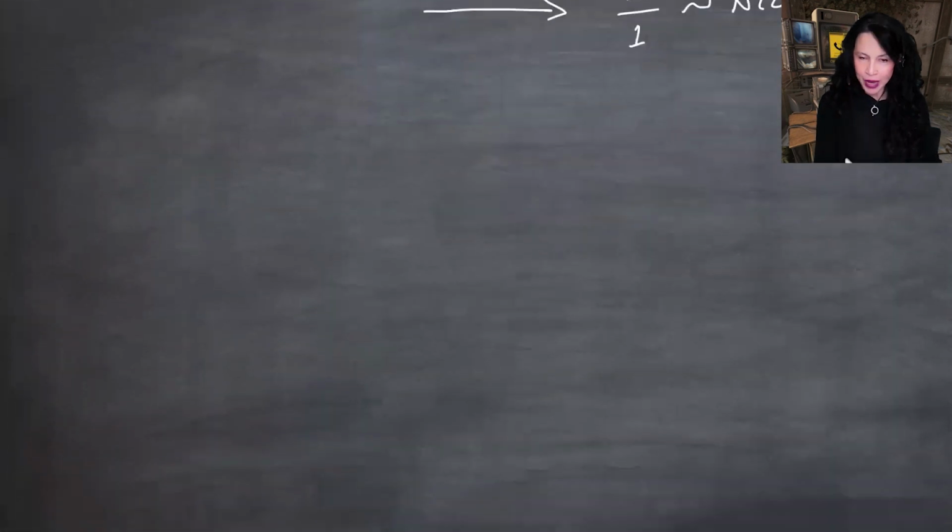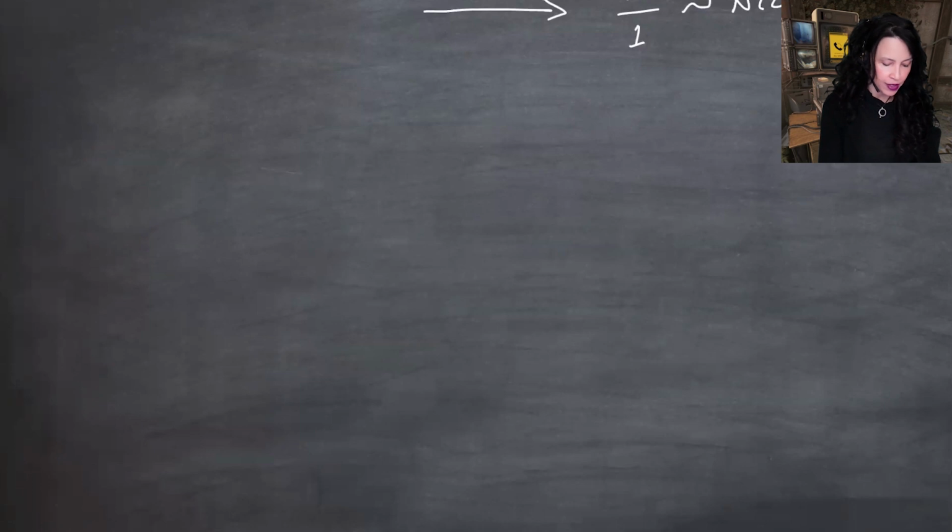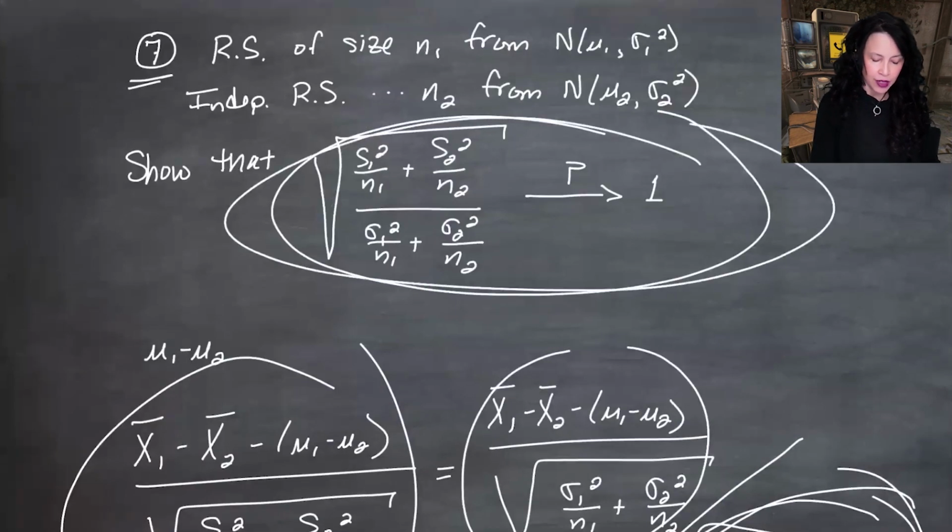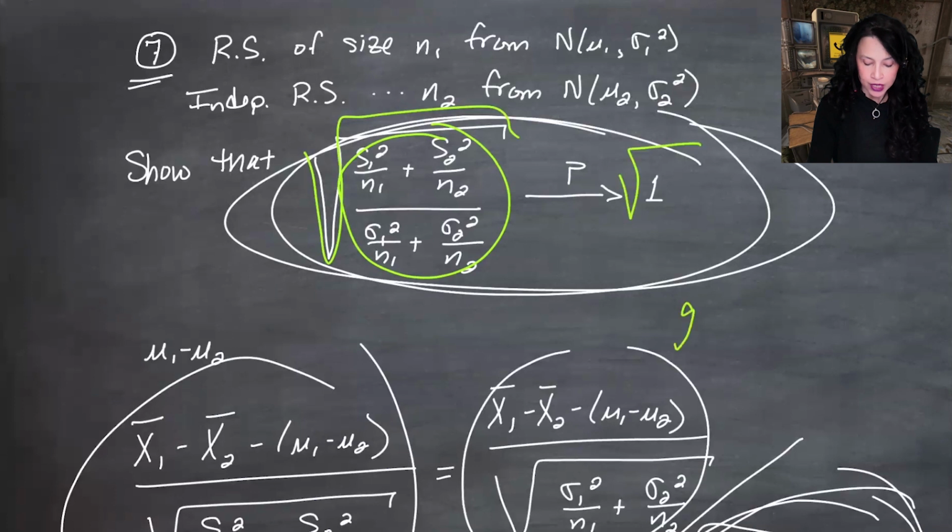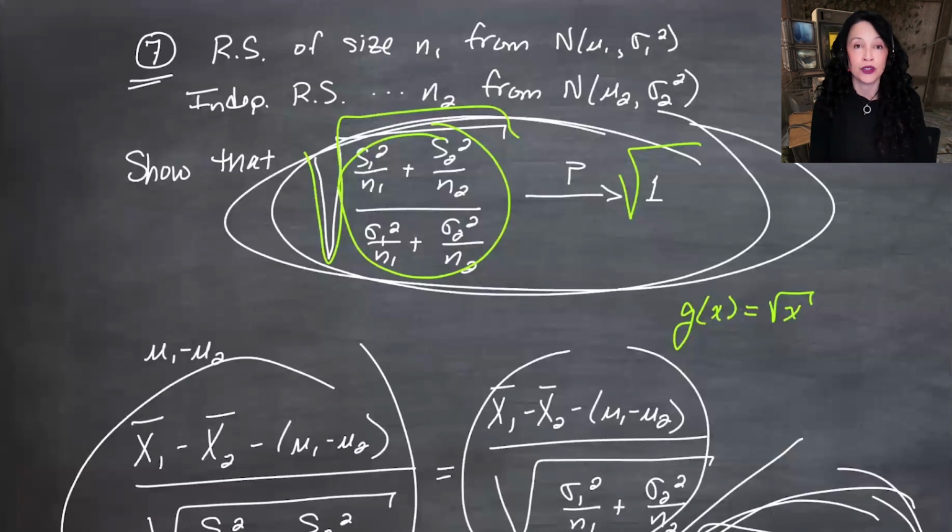I've seen some people try, first of all, let's just ignore the square root, because if we can show that the thing inside goes in probability to 1, then we can use the continuous mapping theorem to put them both in a square root, using the continuous function g of x equals the square root of x, which actually has a continuity issue when x equals 0, but we're okay